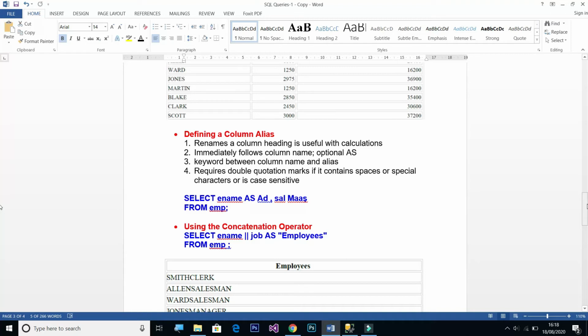Okay, now let me give you another topic here, that is defining a column alias. Alias जो है इसका मतलब ये है कि आप चाहते हैं कि मैं किसी कॉलम को रन टाइम पे रीनेम करूं. Renaming a column heading is useful in calculations. So immediately follow the column name with optional AS. Like if I want to display like this, select employee name as AD, यानी इसका नाम होगा AD. तो उसके लिए हम क्या करेंगे, सो लेट मी रन इट अगेन।